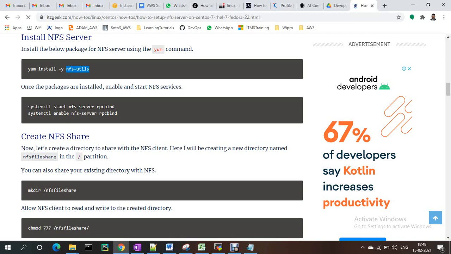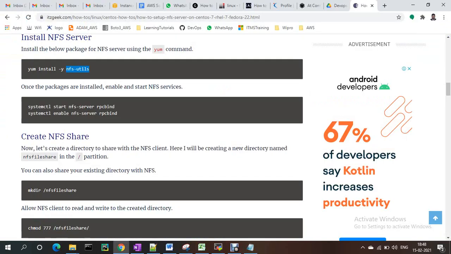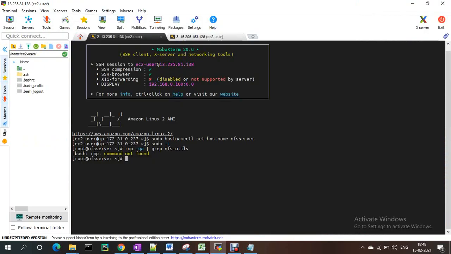This package is already there, so no need to install it.